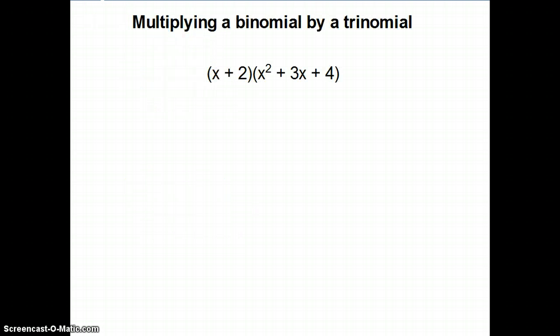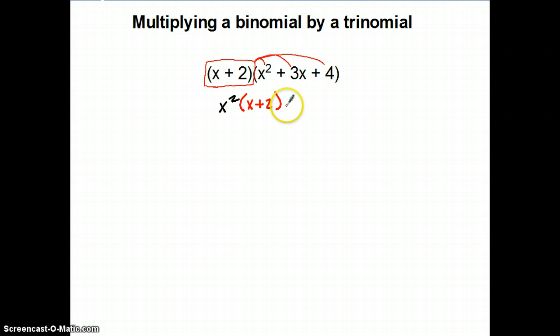We're going to move into now multiplying a binomial by a trinomial. We use a very similar process. In our previous lesson, when we talked about multiplying two binomials, we discussed how we can take this entire set of parentheses on the front and distribute it to each term in the other set of parentheses. So what I end up with is the x squared from the right times the x plus 2 that I'm distributing,